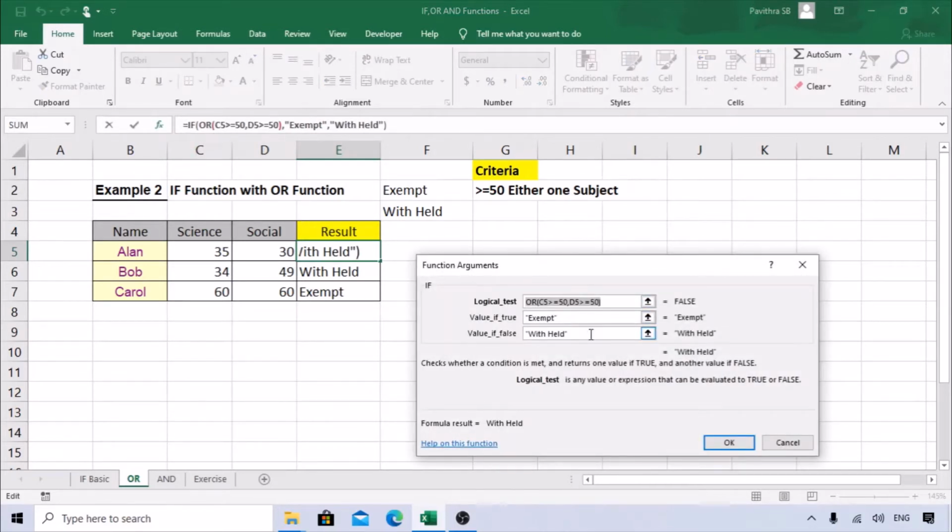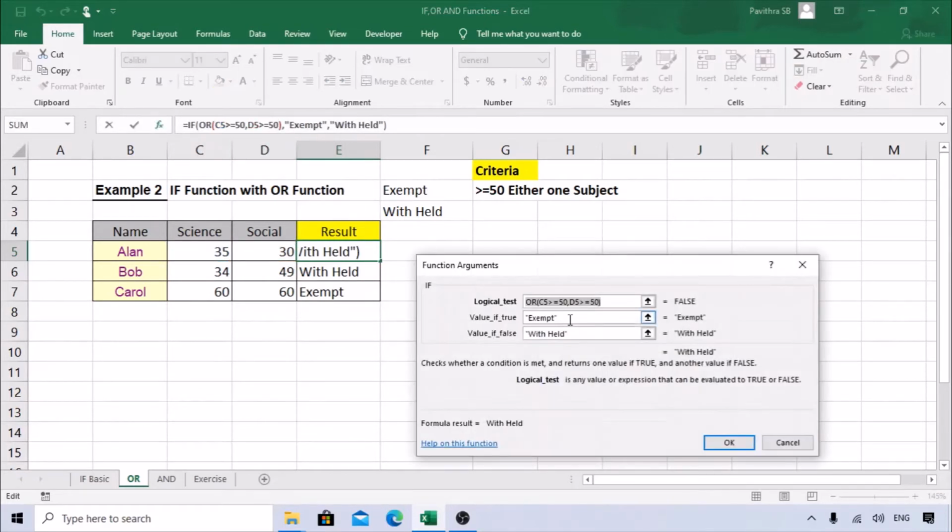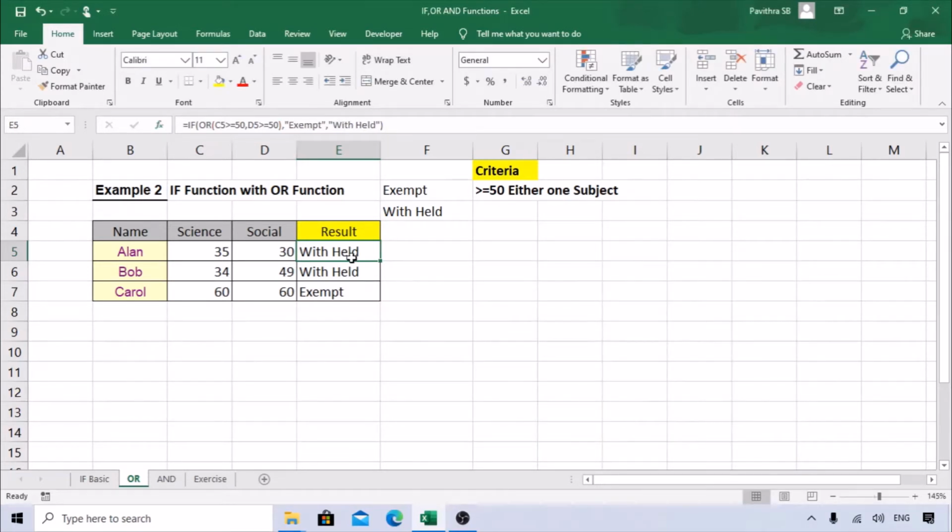For the logical test, we are using an OR here. You can see here, logical test, we are using the OR open bracket, comma. So if you have not only two criteria, if you have three criteria, keep on adding comma and then you close the bracket. So now we have closed the bracket. Then the logical test is done. Then true or false. So very simple, exempt and everything is the same. Just in the logical test we are adding OR here. And this is very helpful when you have criteria where when one criterion is met, the other is not needed. In this case you can use this function.